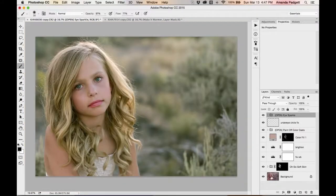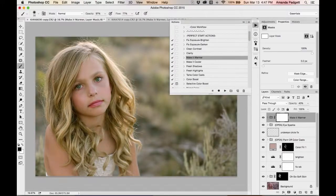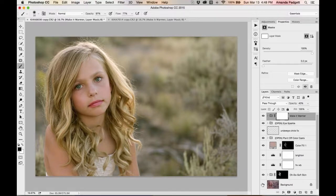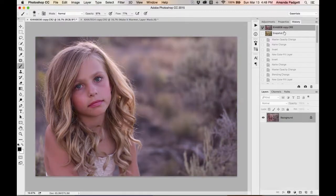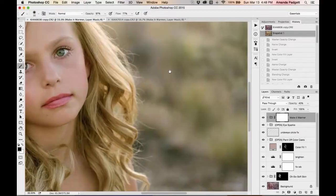So here is this image. Before and after. I'm going to warm it up just a little bit. I tend to like warmer images. There we go. I like that. Okay. Before and after. Before and after. If we want to zoom up just to her face,